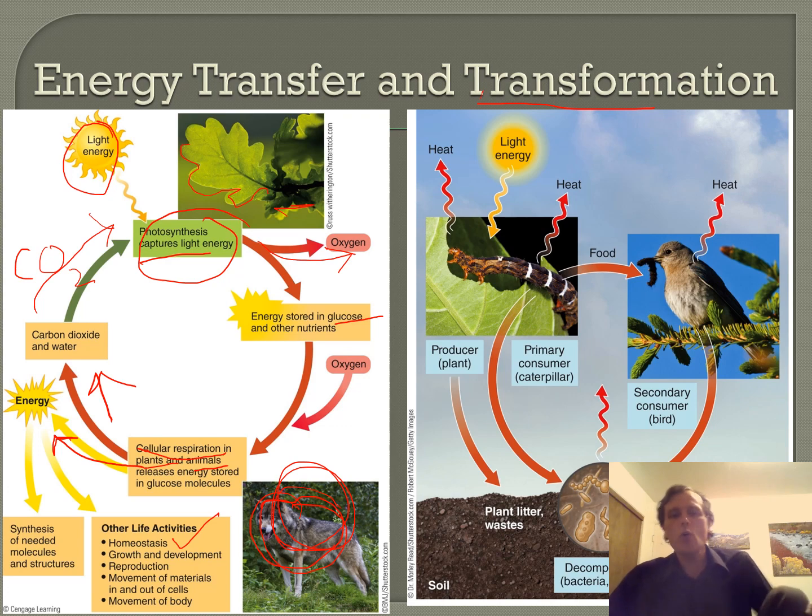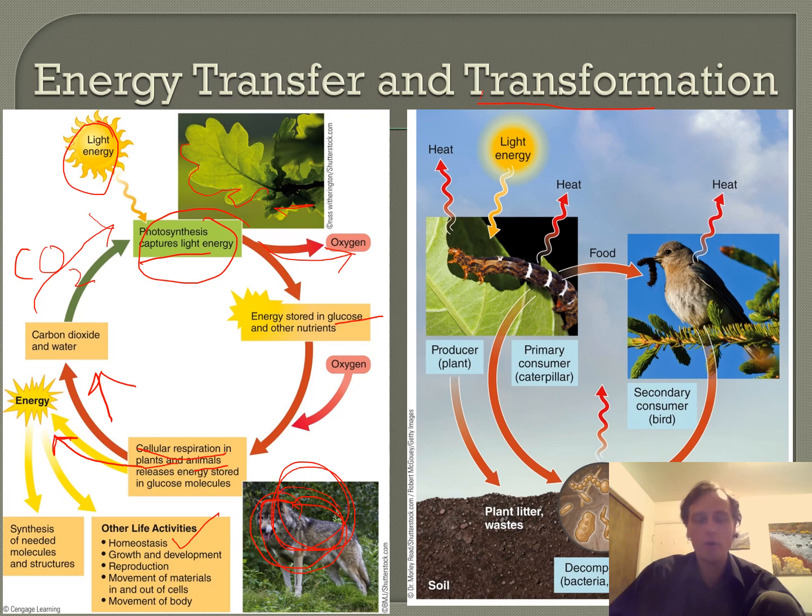A weird thing that they don't mention here is this. The plants are not producing glucose or chemical energy so that animals can eat them. No plant wants to be eaten. They are producing chemical energy so that they can grow, so that they can maintain homeostasis, which would mean making sure that they have the right amount of water, of nutrients that they absorb in the soil, making sure that they grow tall enough to outcompete other plants for light.